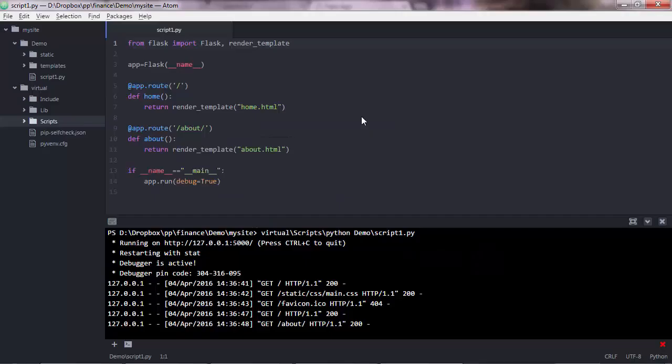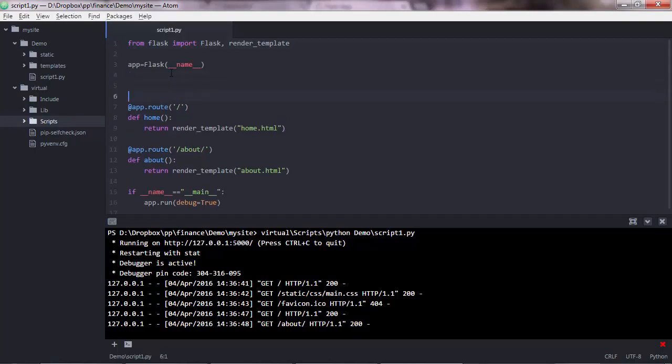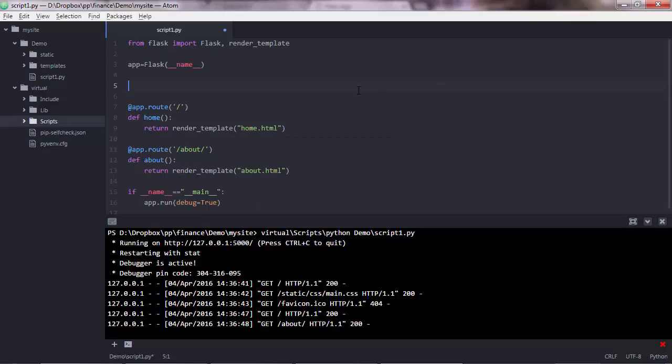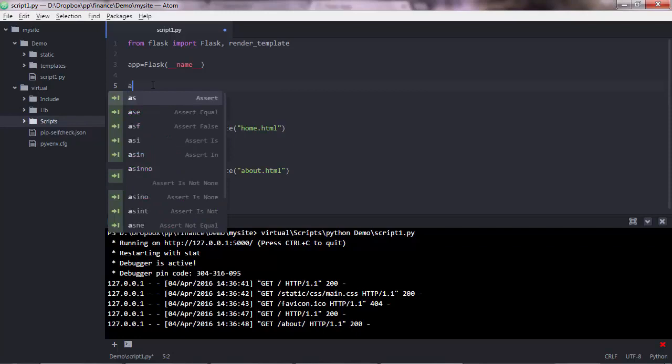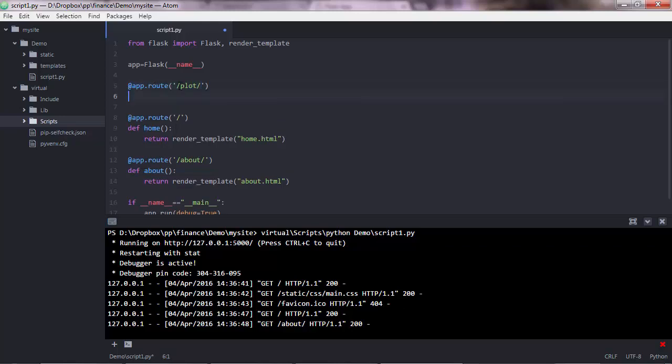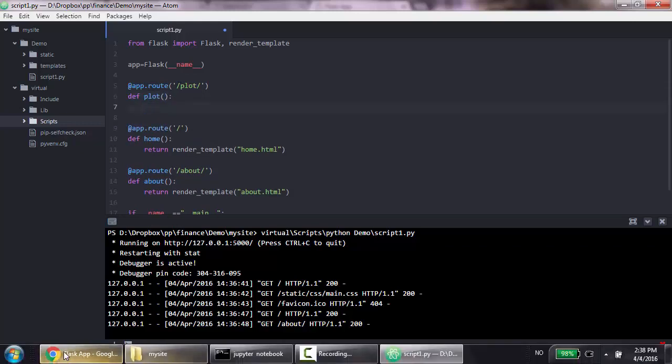Now that we have a running website, we need to add more things there. I'd like to add another menu here, which will be connected to a page. I'll link that to a page, and let's create the route for that page. Let's say plot with slashes. So when the user visits localhost:5000/plot, this function will be executed. Let's call the function plot, and then here goes